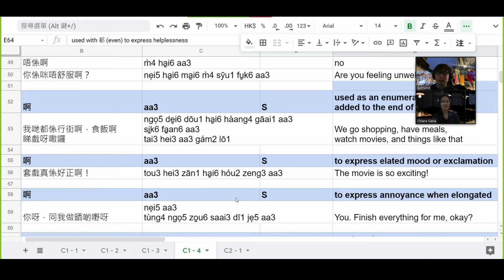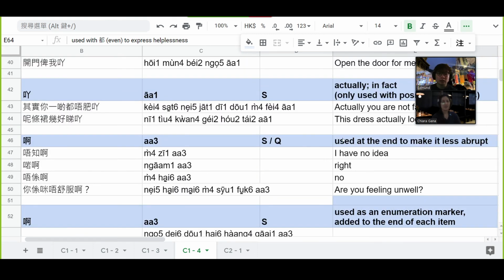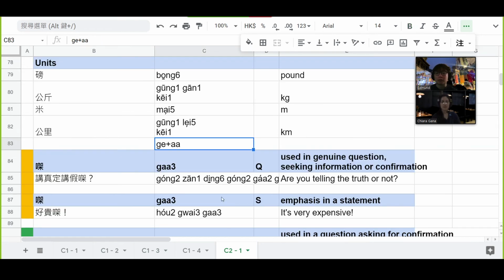So compared to the third tone that you add to a question, it actually does not add meaning to the question. It just makes it sound less abrupt. You soften the tone, make it sound more friendly. But it does not add meaning to the question. But then if you say ga, you add it to a question. Usually this one is more like